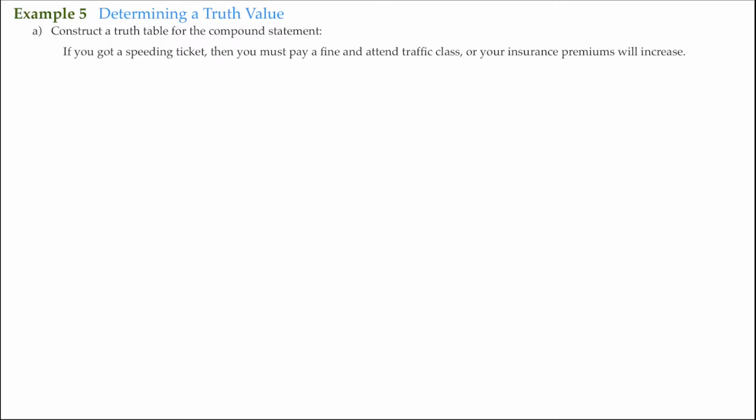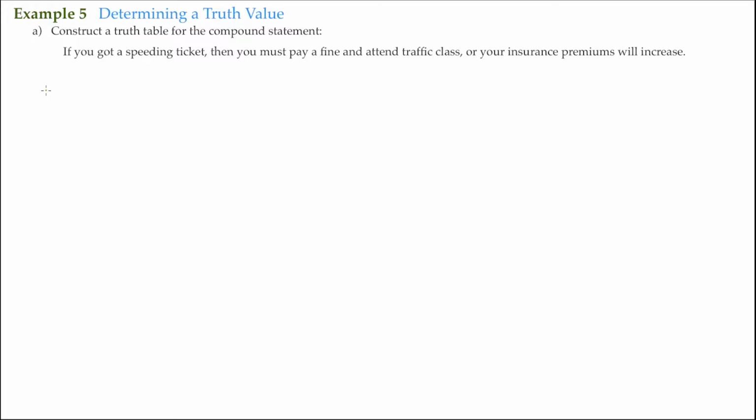This example is actually a two-part example, part A and part B. We're just going to take it one part at a time. The first part is we're going to construct a truth table for this compound statement. So we have this statement here, and what we need to do is determine how many simple statements make up this compound statement, and then we're going to write it symbolically and then build our truth table from there. So this compound statement reads, if you got a speeding ticket, then you must pay a fine